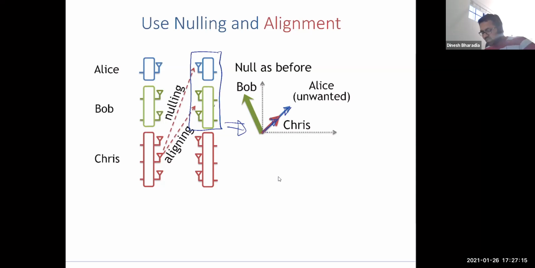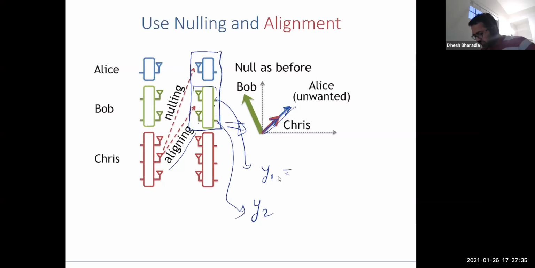Now, what Chris does is that instead of trying to null his signal to Bob, he thinks of aligning his signal with Alice's. What does it mean? It means the following: the contribution to Y1 and Y2, receiver 1 and receiver 2, from Alice's signal, let's call it A,